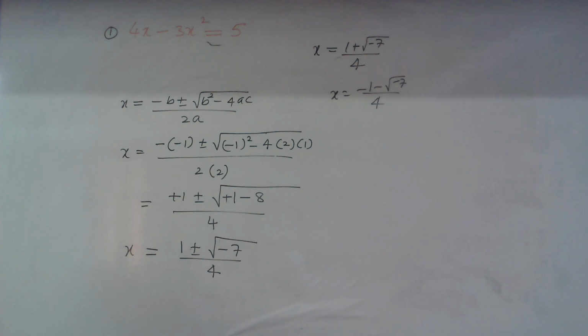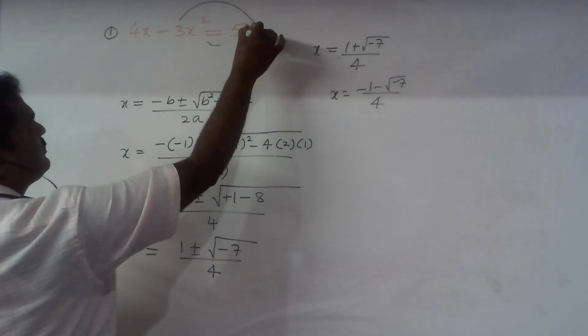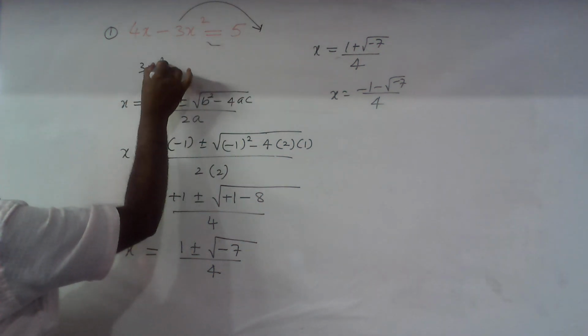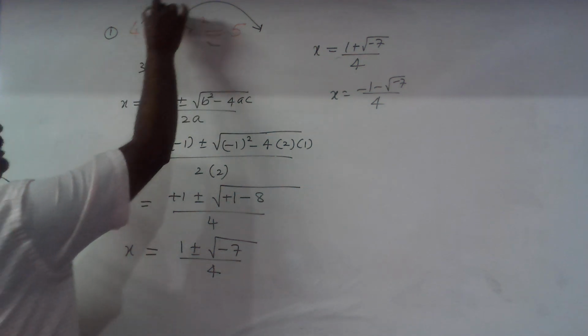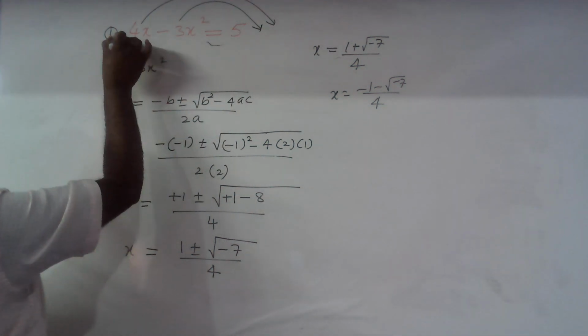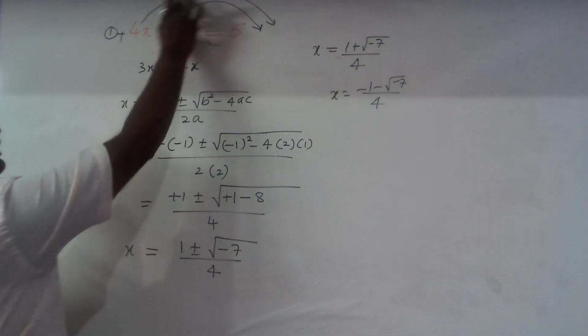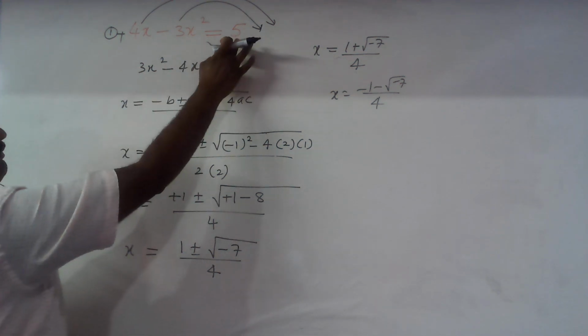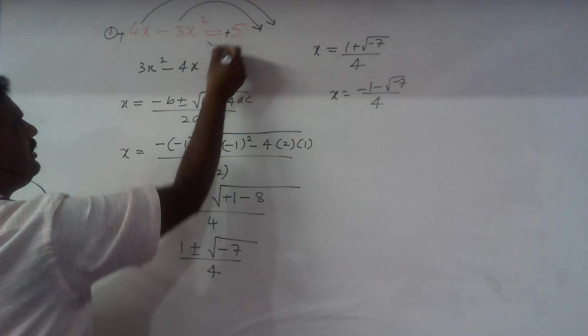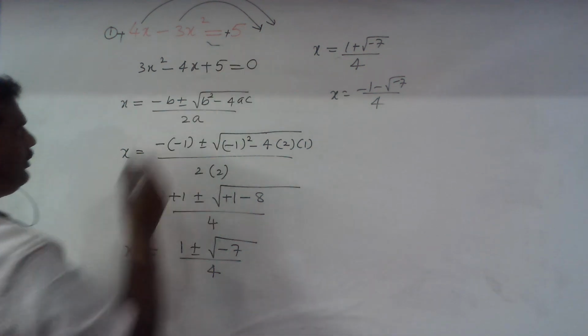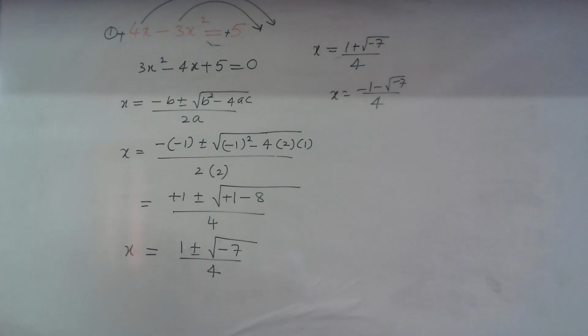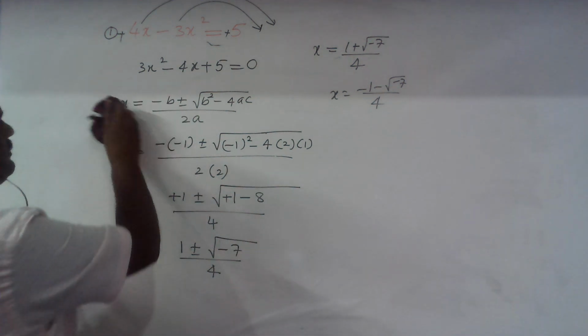So now let us arrange the terms by transposing. Now the first term I want is x square, which is a negative term. Therefore I am going to transpose minus 3x square to the RHS, then it becomes 3x square. The next is followed by the x, that is plus 4x, transposed it becomes minus 4x. Now these two terms which are in LHS are transposed to the RHS, therefore the sign changes. 5 which is already in the RHS has a plus sign, therefore that remains as plus 5 equal to 0. Now your equation is in the standard form, that is 3x square minus 4x plus 5 equal to 0.